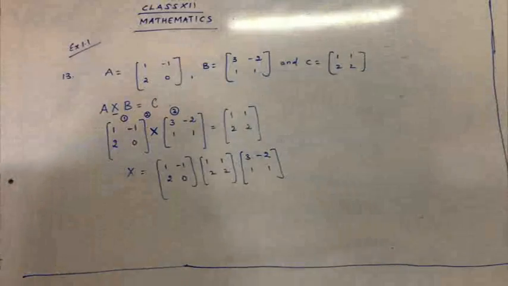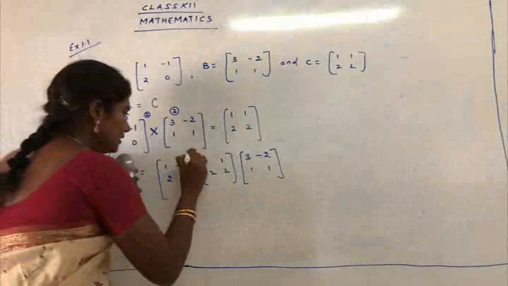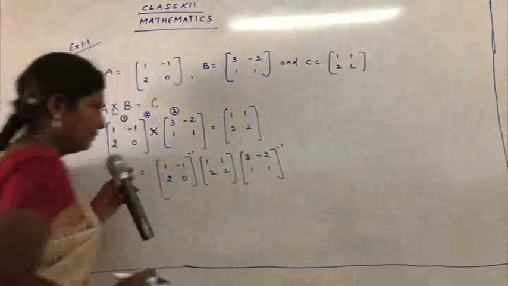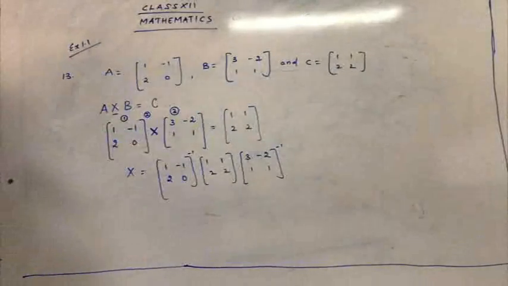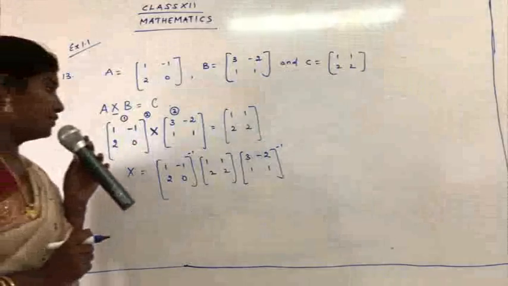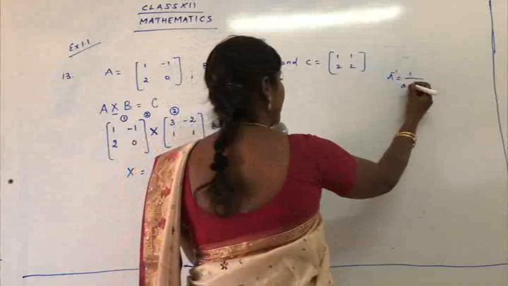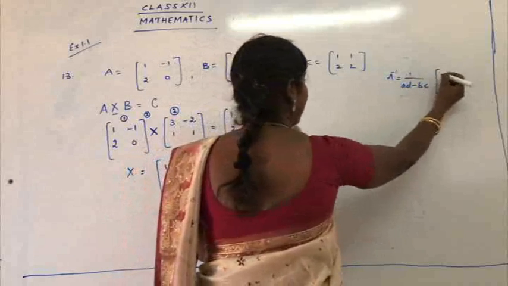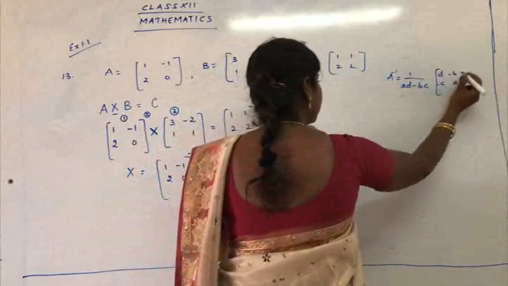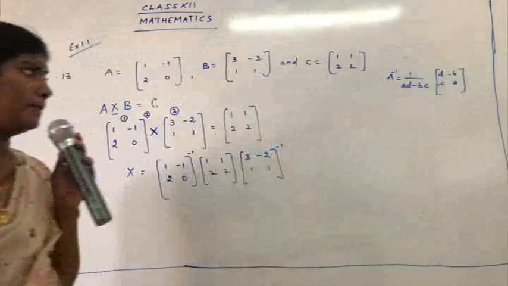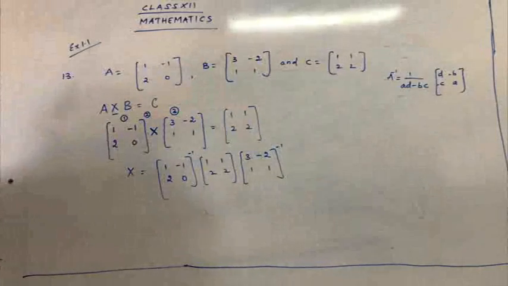So now one more thing we have to insert. What are they? That is from LHS, it's going to RHS. So here the inverse signs we have to place. So already you know what is the formula for finding A inverse for a 2 by 2 matrix. What was it? A inverse is 1 upon AD minus BC. A and D get interchanged. B and C, the sign gets changed. So the formula is 1 upon AD minus BC, D minus B minus C, A.